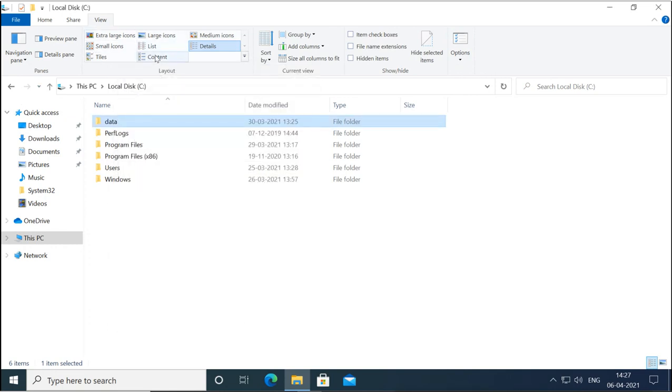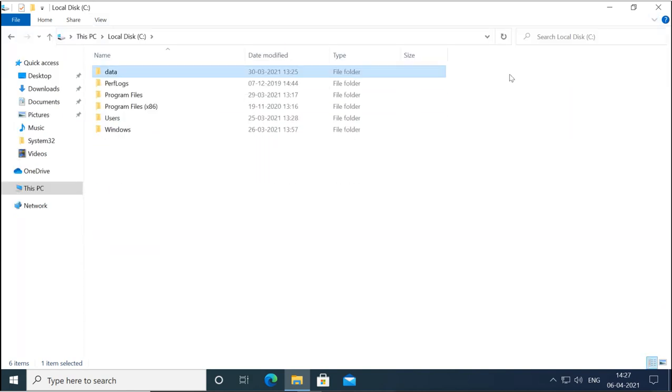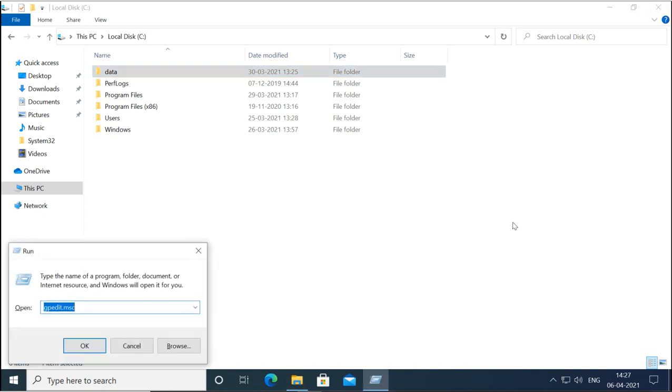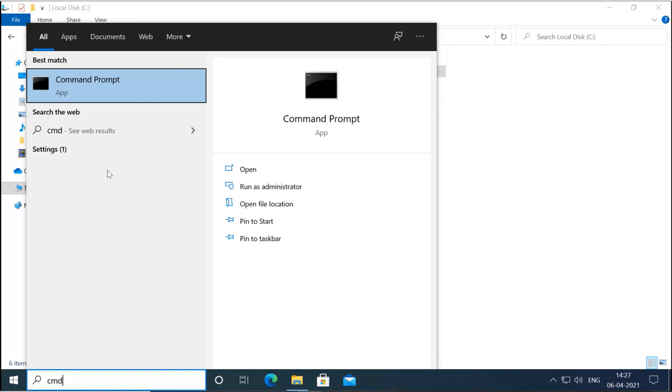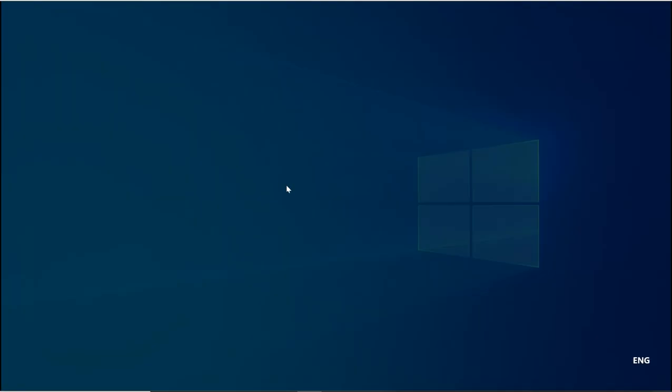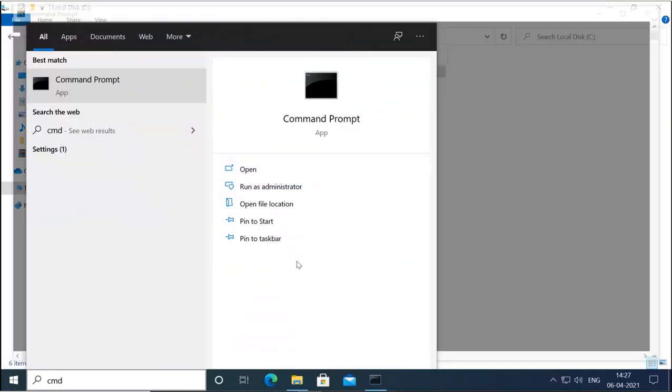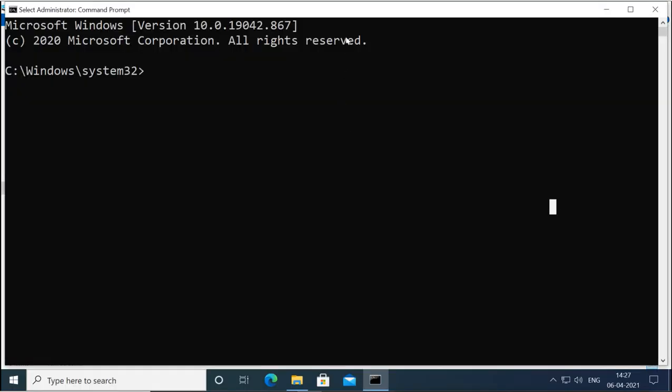So we can manage our files through File Explorer, or we can use CMD also, the command prompt. We can use the CD command to change the directory.